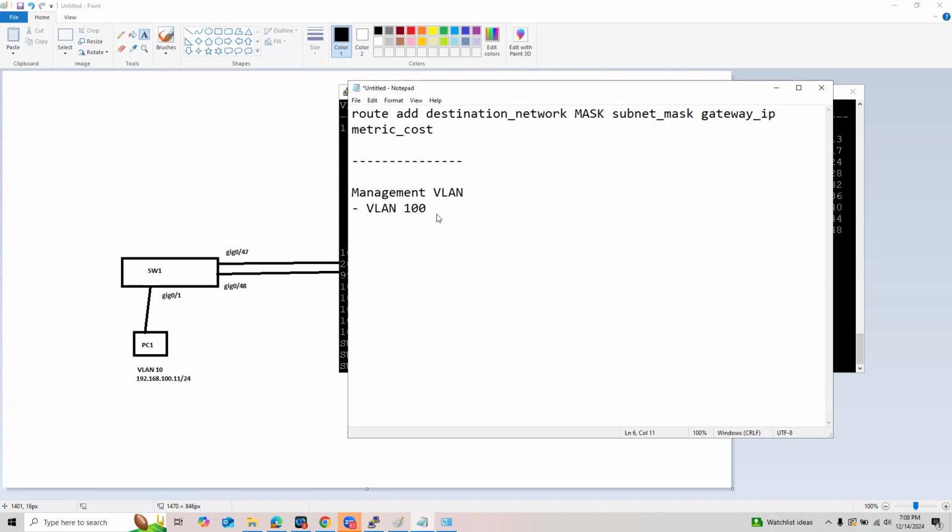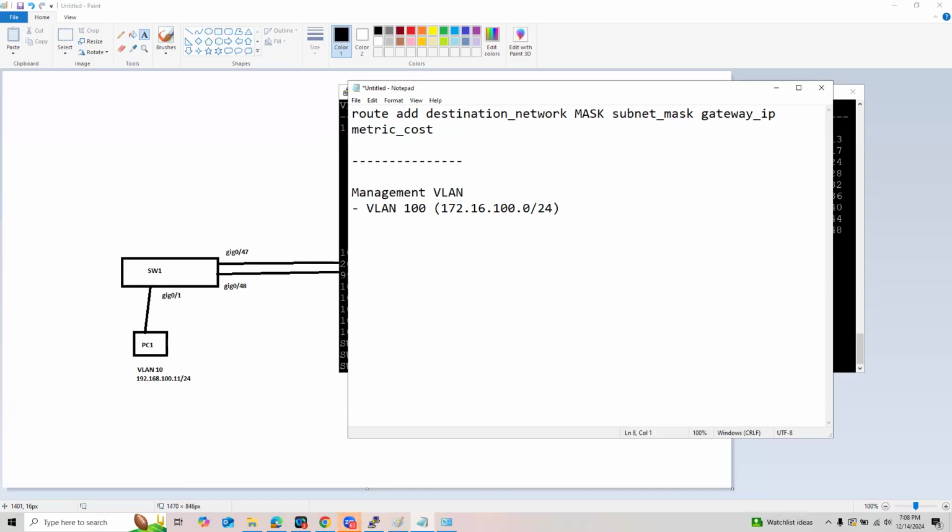So VLAN 100, let us say this is our management VLAN, and what network we want it to be in. So for example, just to make it different, 172.16.100.0/24. Okay.